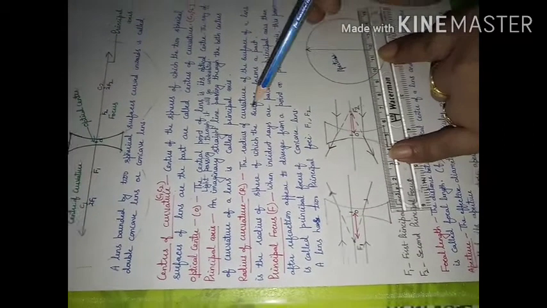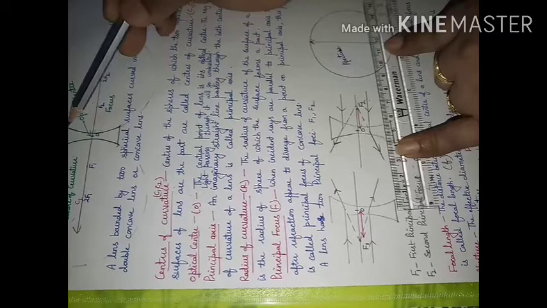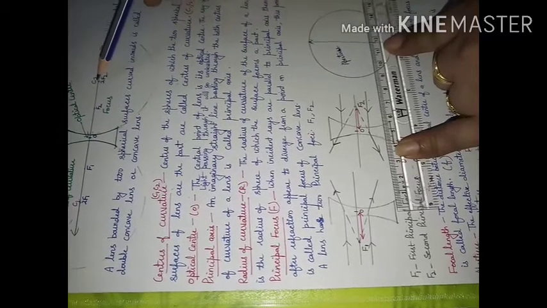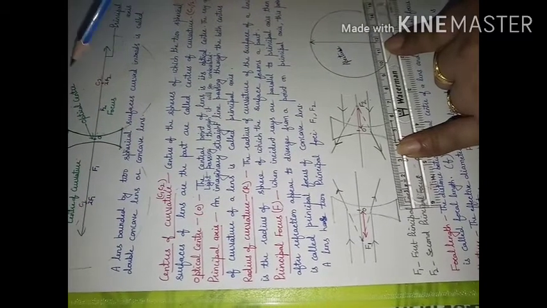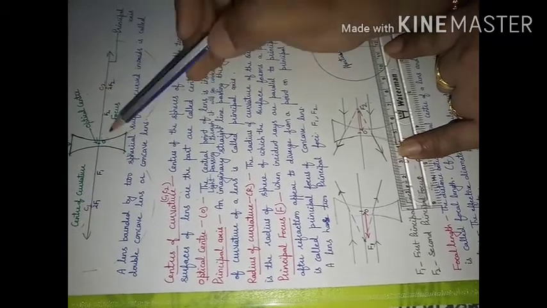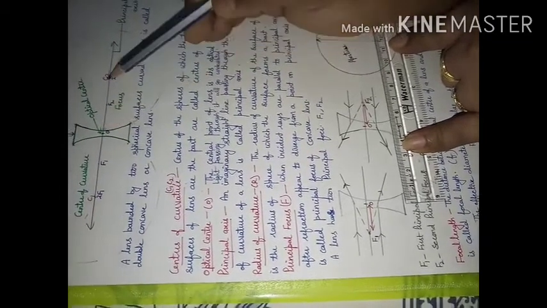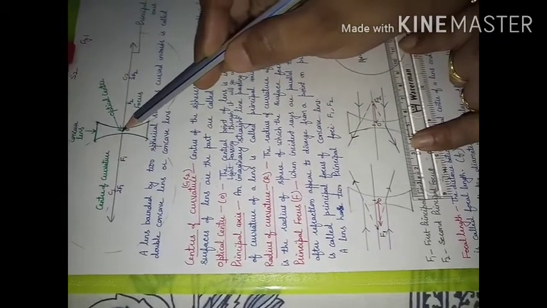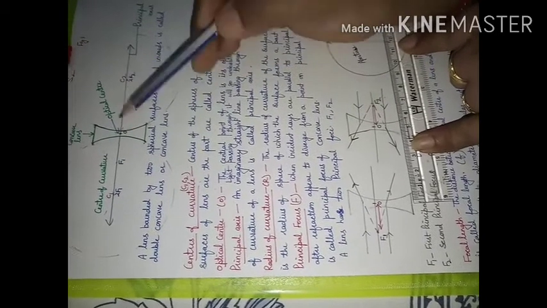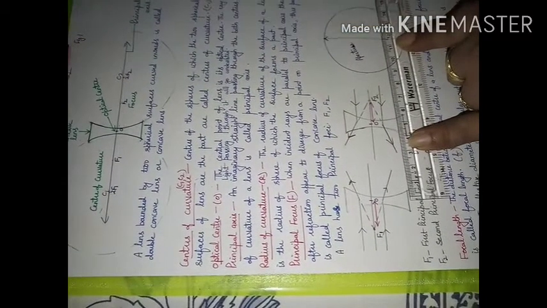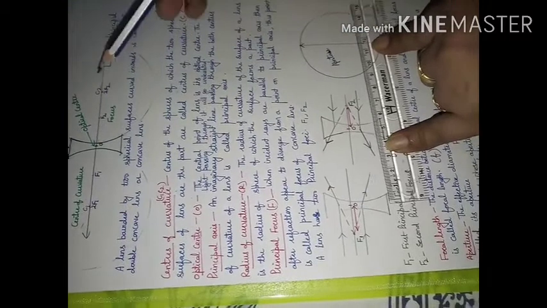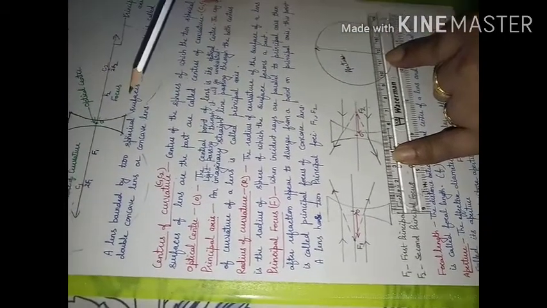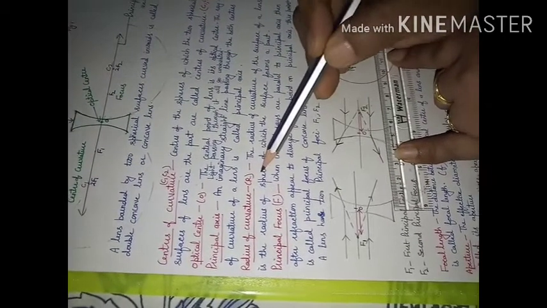Radius of curvature. To draw this part, we have considered this to be the center. So if the lens is very thin, either I will measure the distance from this point to this point, or I will measure the distance from this point to this point. Both will come out to be approximately the same. We were defining radius of curvature, which is represented by r.